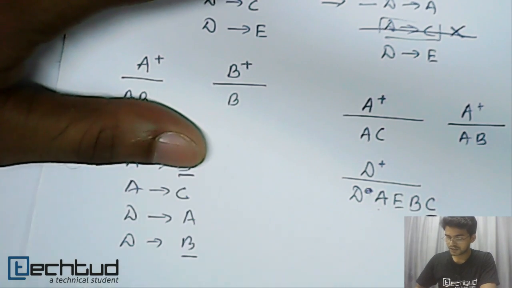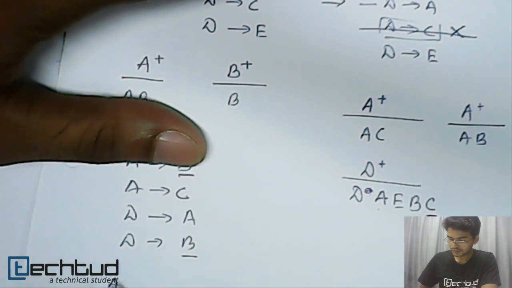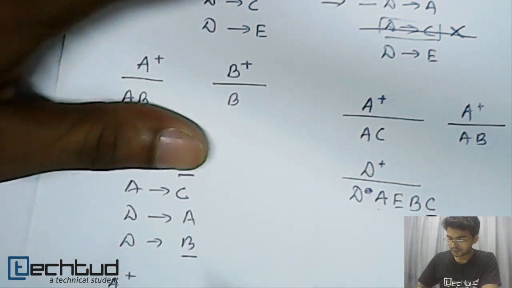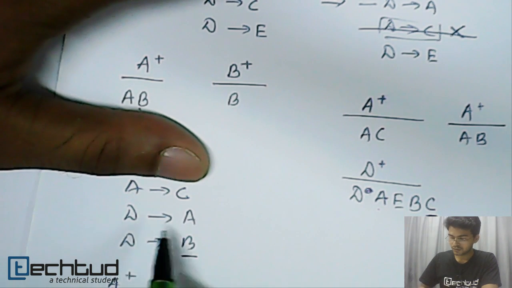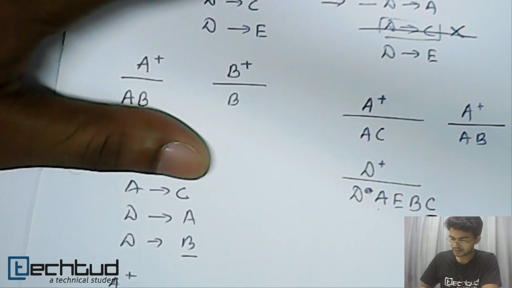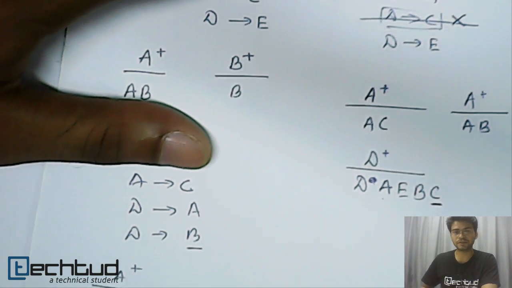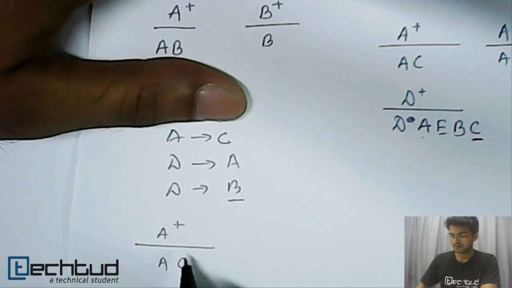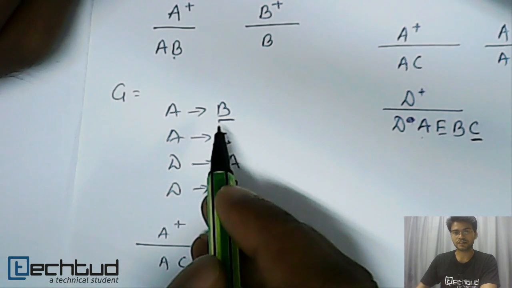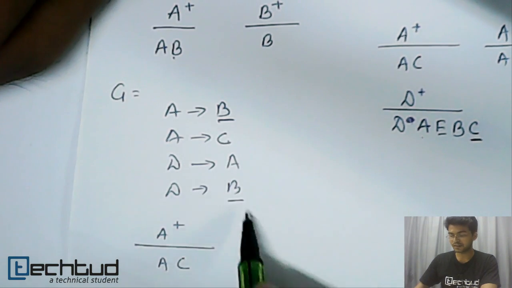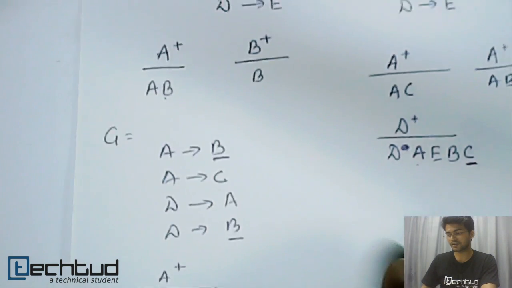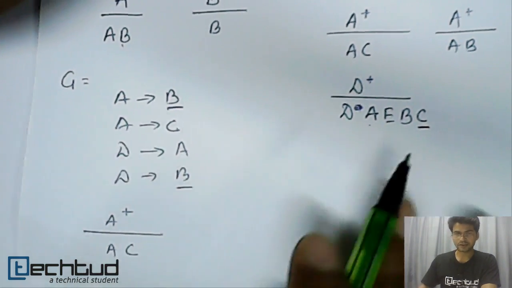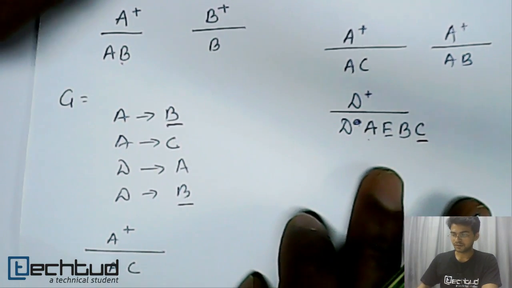Now we will check just one. If we go and check A implies B, by hiding this A implies B, let's check if we can determine B from A. A plus comes out to be A and C. We cannot determine B. So as we cannot determine B, we cannot remove this functional dependency. So none of the functional dependencies is redundant here, it is already reduced. So this is also now a canonical cover. G is already canonical, so we cannot reduce it further.